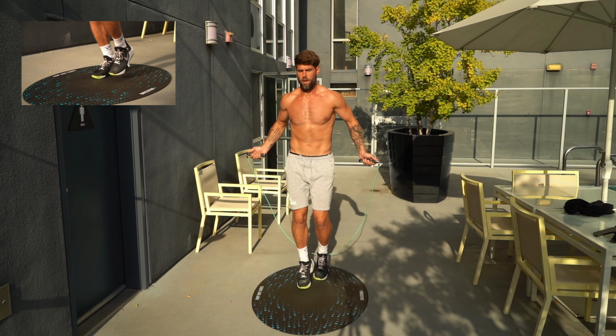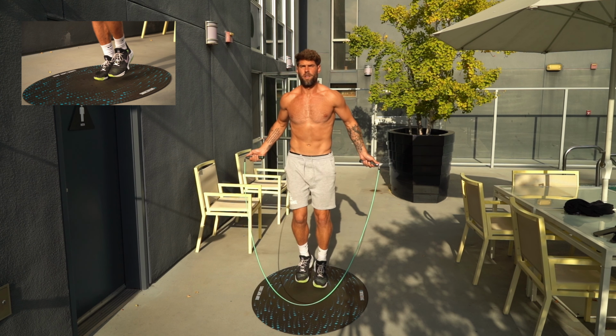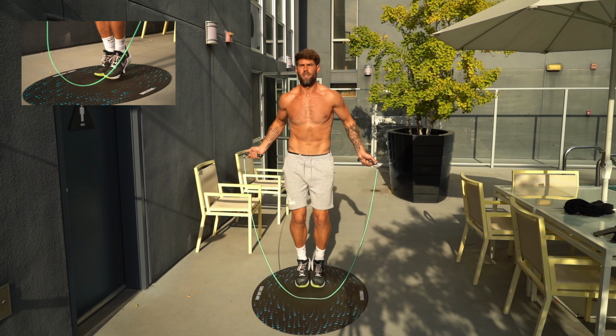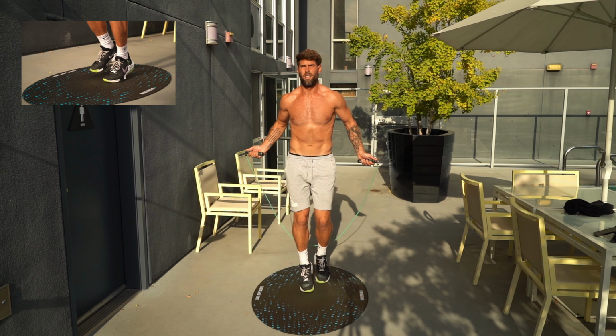And for all of these, now we're going to run in place. This one's going to take a little bit, because running is an activity in and of itself, and if you're new to jump rope, running with a jump rope can be a little difficult. But the reason, again, why I put these in slow motion is I just want you to visualize yourself doing these tricks